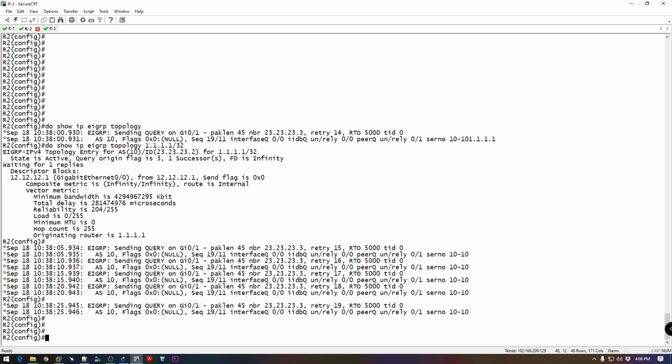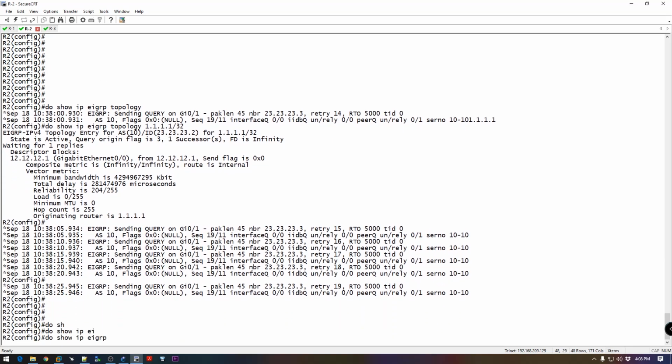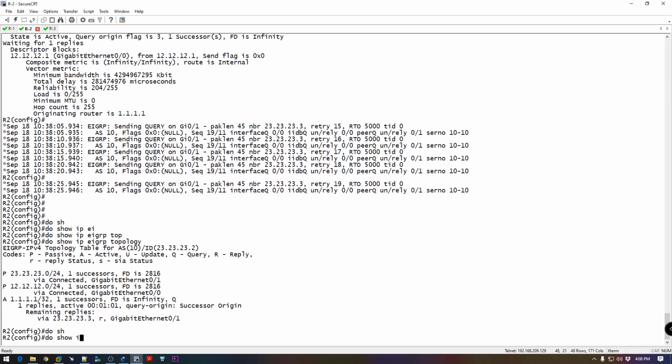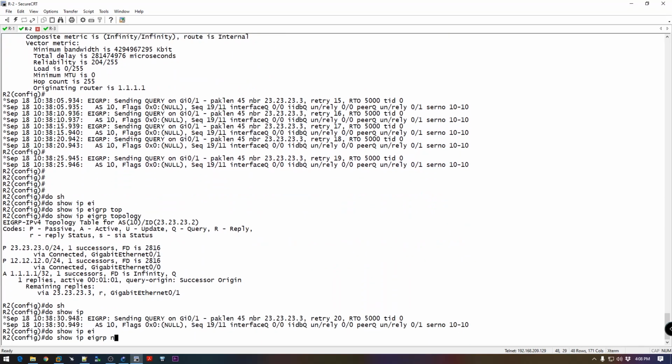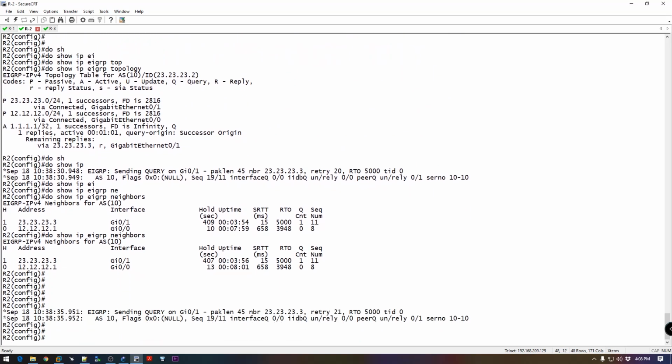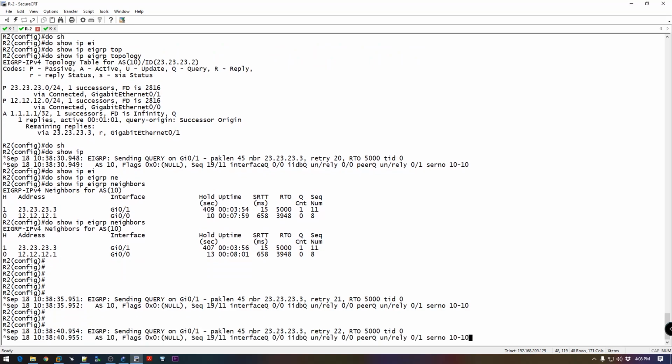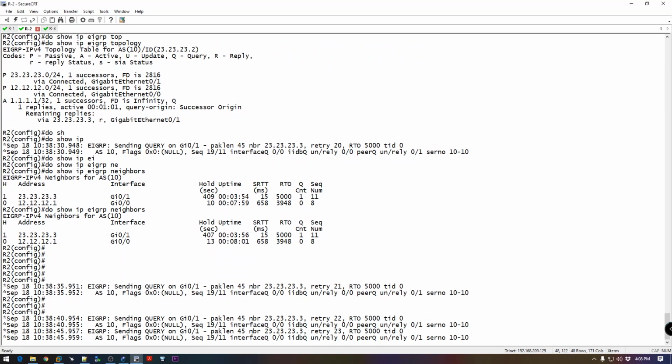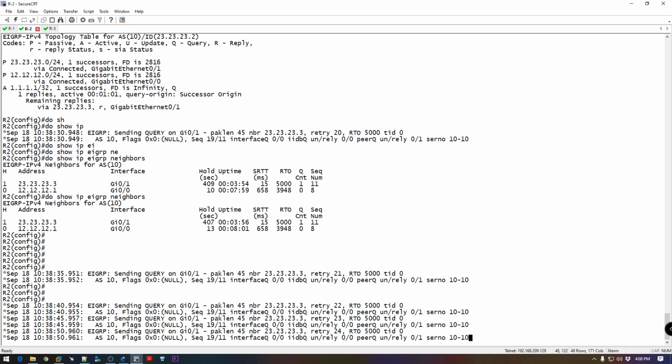So let's see the EIGRP neighbors. If you are checking the neighbor, you can see that it will wait for around 90 seconds before tearing down the connection. It will wait for 90 seconds after receiving the query. It will mark R3 as being in a stuck in active state on R2, and since it is not receiving any query reply from R3,